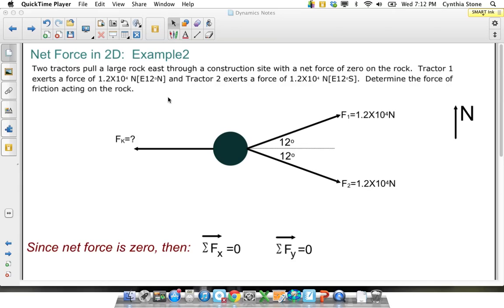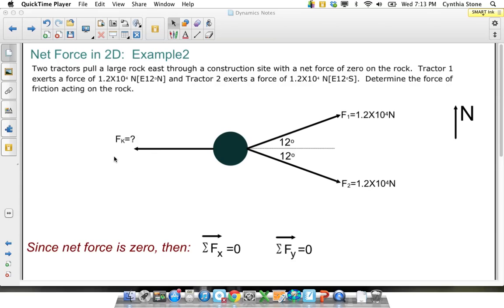We don't know the mass of these tractors. We don't know the mass of the rock. We don't know the mass of anything. So we're not looking at gravity. Just imagine what you're looking at with this free body diagram is you're in an airplane or a floating balloon, I guess, looking down at our tractors and our rock. So here's our rock. Here's the force of the first tractor, the second tractor,